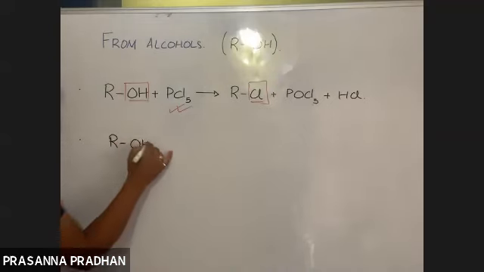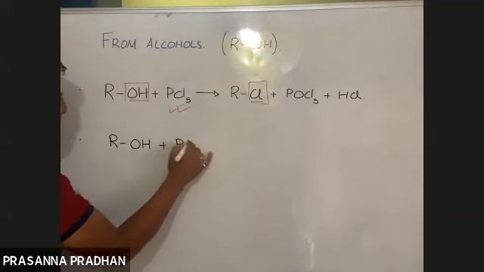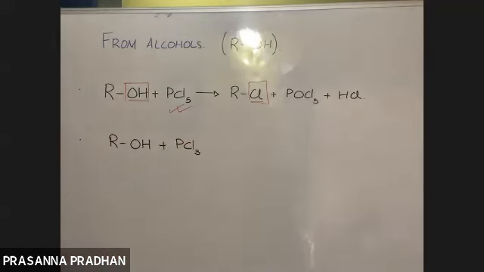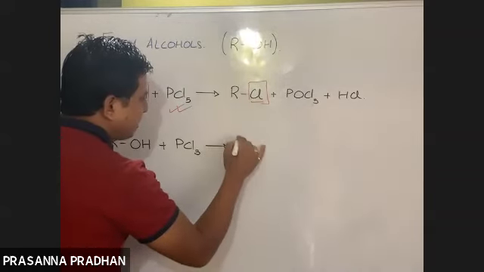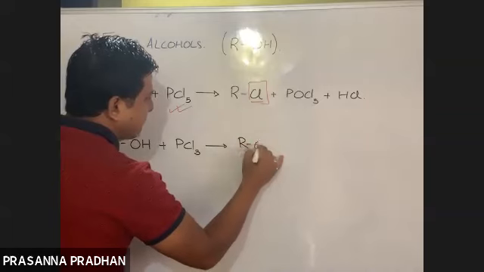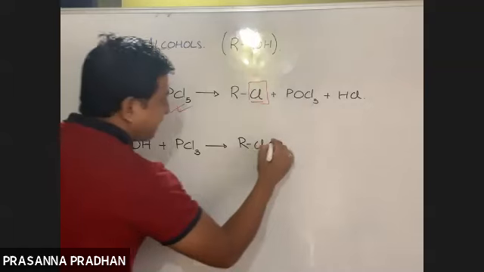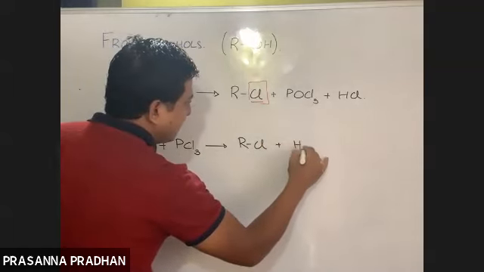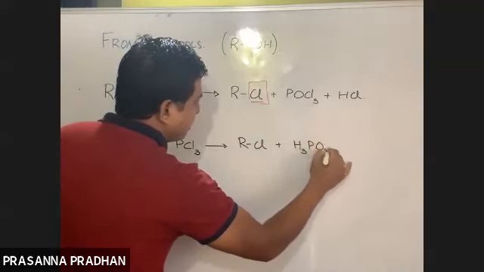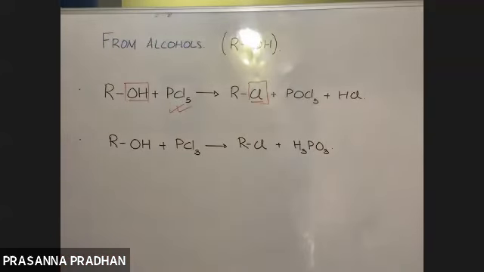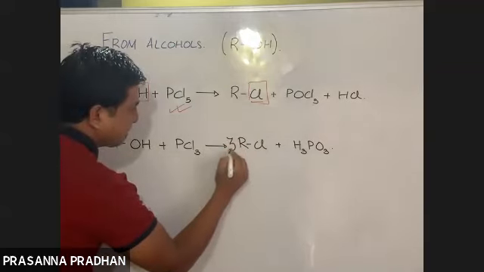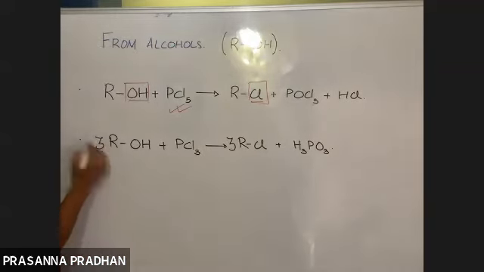However, alcohols do react with trichlorides like this. Again, it reacts with phosphorus trichloride, PCl3. So again, here the same type of reaction will occur. So you will get RCl, the OH will get substituted by Cl. But here the side products are different. What are the side products? The side product is H3PO3. Okay, so if you need to balance this, there are 3 chlorine out here, so I'll write down 3. So there are 3 alkyl groups, so the reaction becomes balanced out.